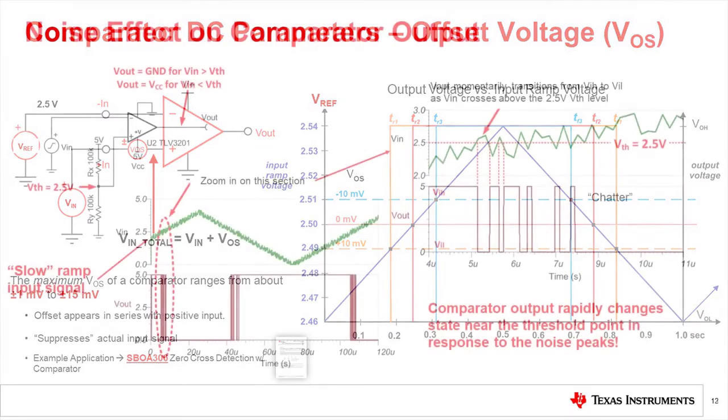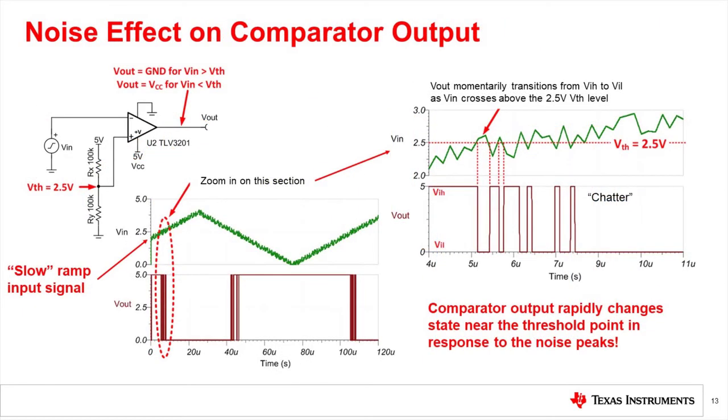And that leads to a common issue in a lot of analog circuits, and that is noise. The comparator is a circuit with an analog input and a digital output, and so noise will definitely affect the operation of the comparator, whether it's external or internal noise. Here we show a comparator with a voltage divider that applies 2.51 volts to the non-inverting input. And we have an input signal that is a noisy triangle wave applied to the inverting input.